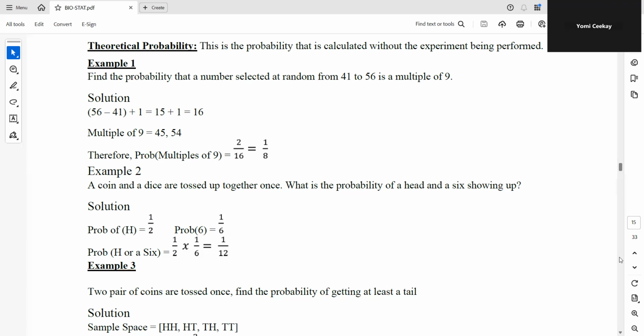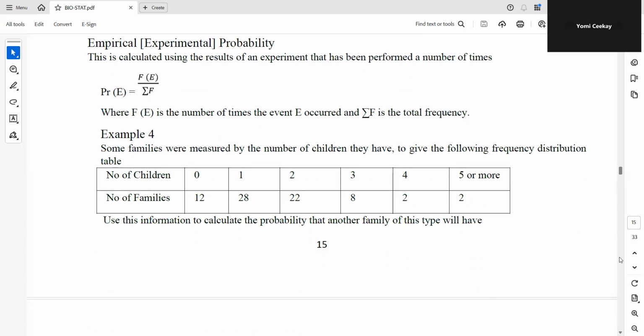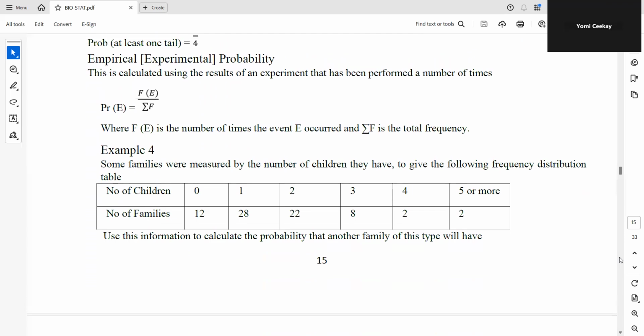Then from there, let's go to empirical probability. Empirical probability is calculated using the results of experiments or trials. That is, empirical probability is equal to the sum of F